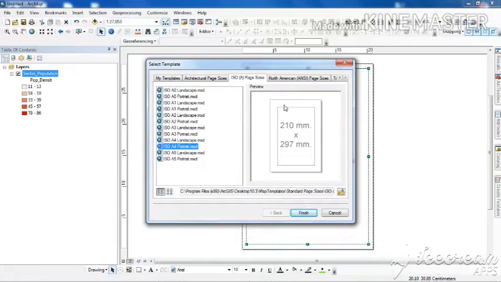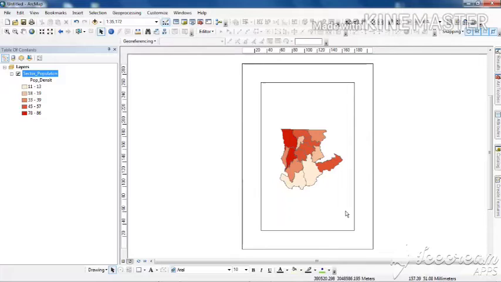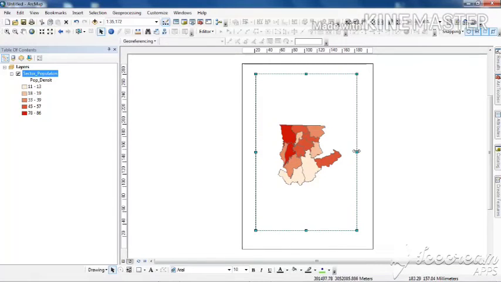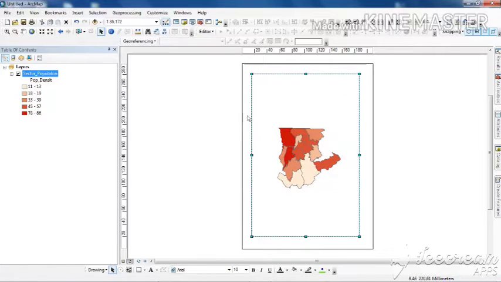I am choosing this particular A4 portrait. You will have to click on finish to select, and this is the first and foremost task that you will have to do when you are going to prepare a map layout. After this is the neat line within which you will have to keep your data. You just see I am extending it a bit, but in a way so as to encompass the grid line values to stand in the upper part as well as in the lateral parts and in the bottom part.